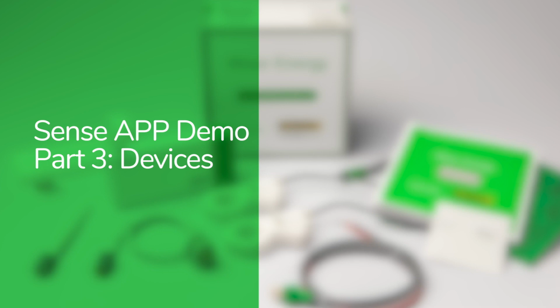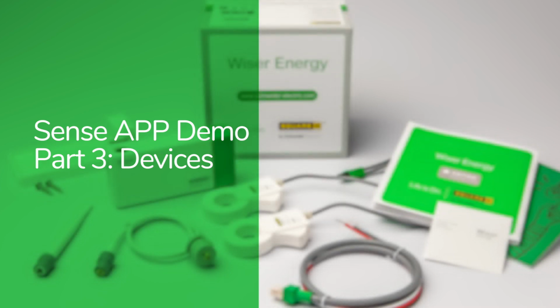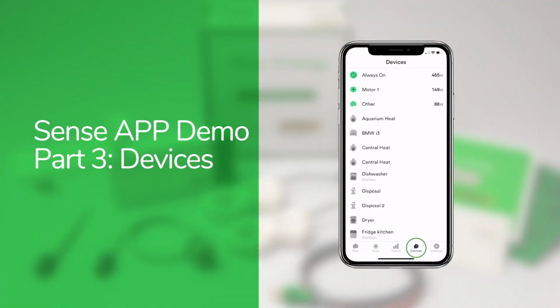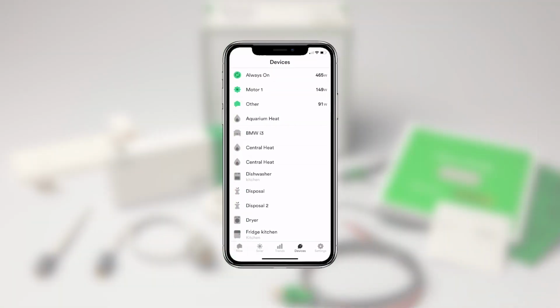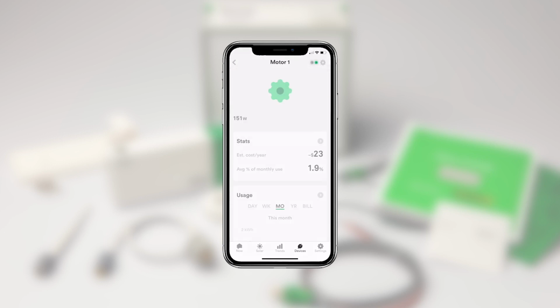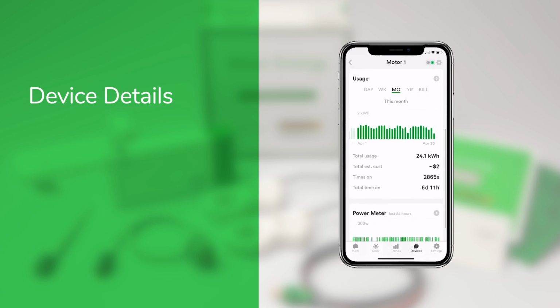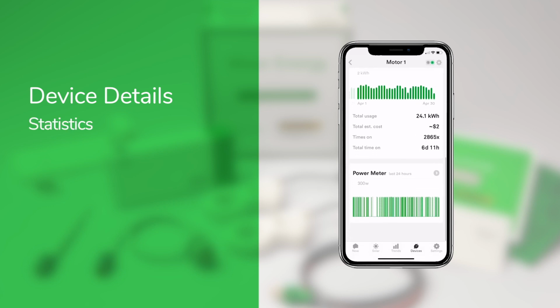This is the third of 4 videos on how to use the Square D edition of the Sense app for iPhone and Android. Here in the Devices section, you'll find a list of the appliances and other devices Wiser Energy has identified. Green devices are currently running and gray devices are off right now. Tapping on an individual device takes you to the Device Details page, where you can see detailed statistics and manage